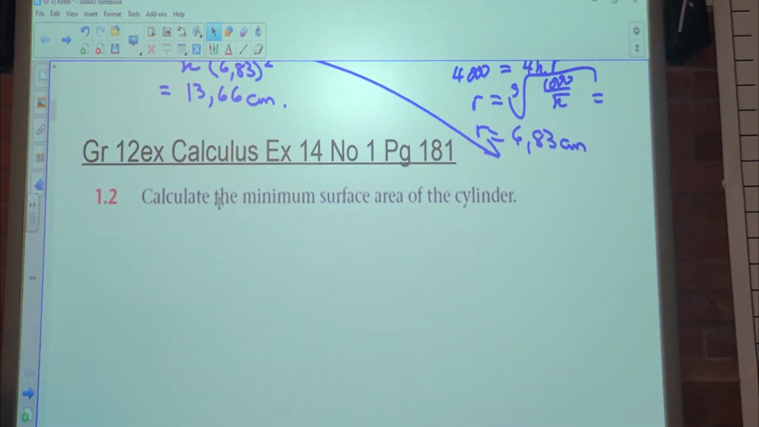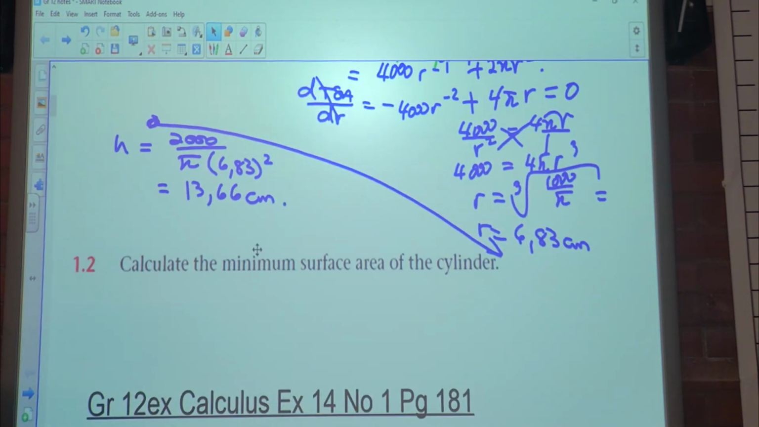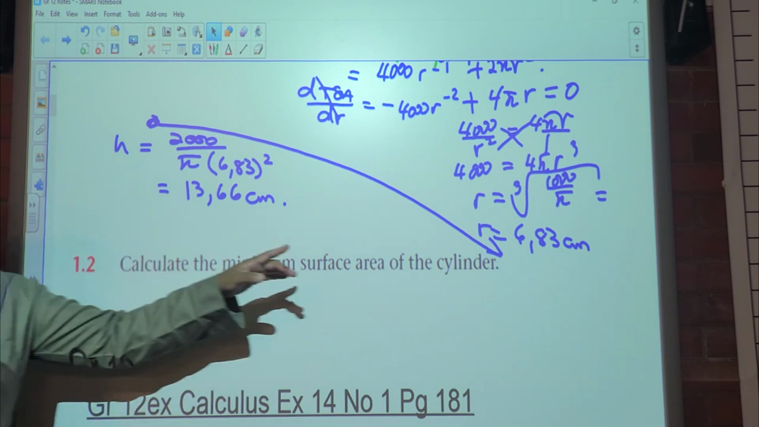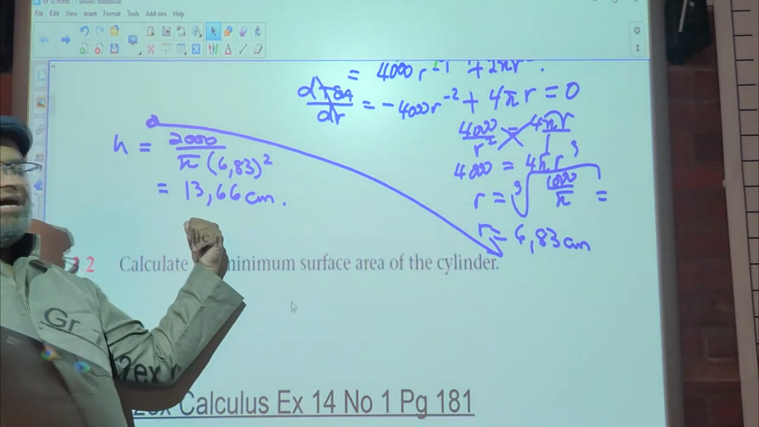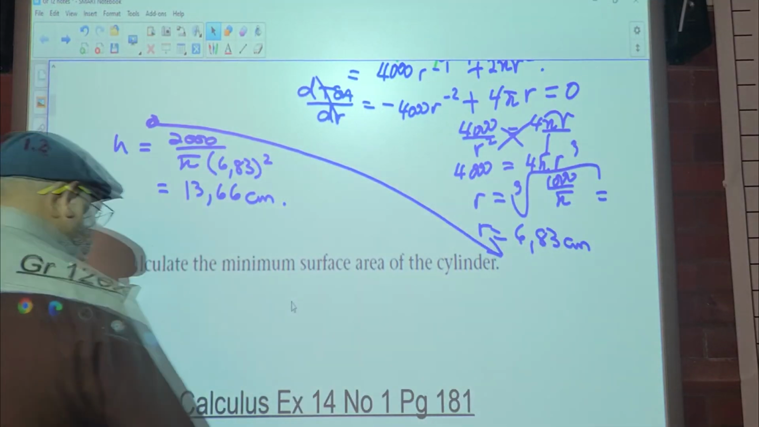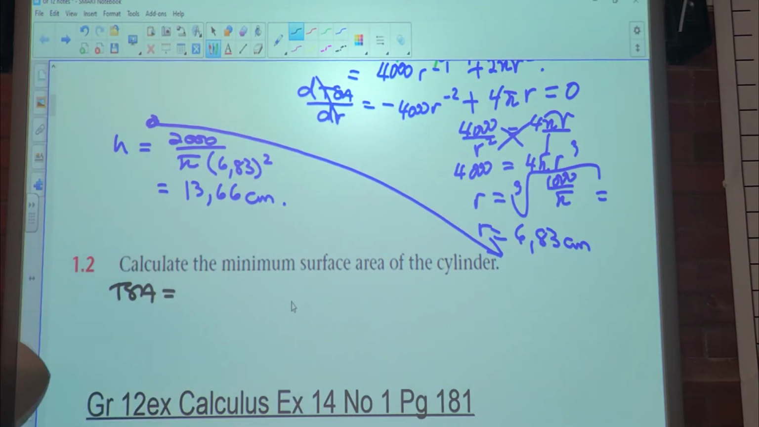The next question says, calculate the minimum surface area of the cylinder. So the minimum surface area of the cylinder will occur at the minimum radius and height. Can you see that, people? So if we're looking at the minimum surface area, we know the total surface area is denoted as